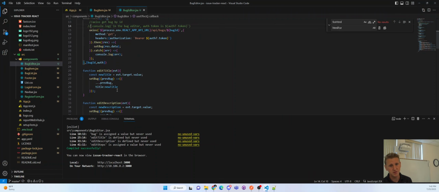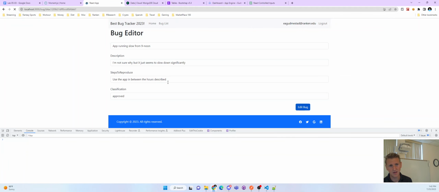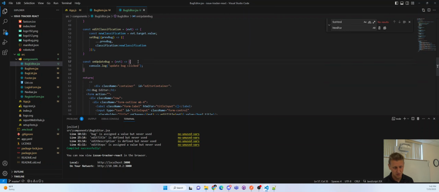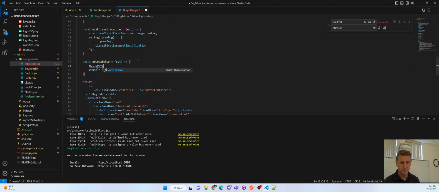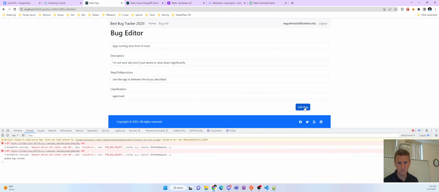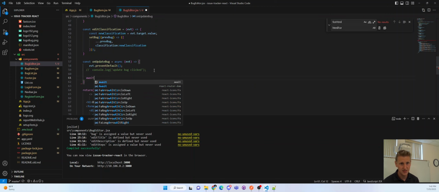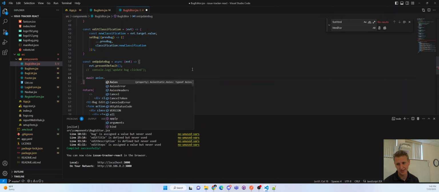Now we need to prevent default. You see that refresh happening? I click that and refresh. We need a prevent default. Very nice. Let's make this async, await Axios dot